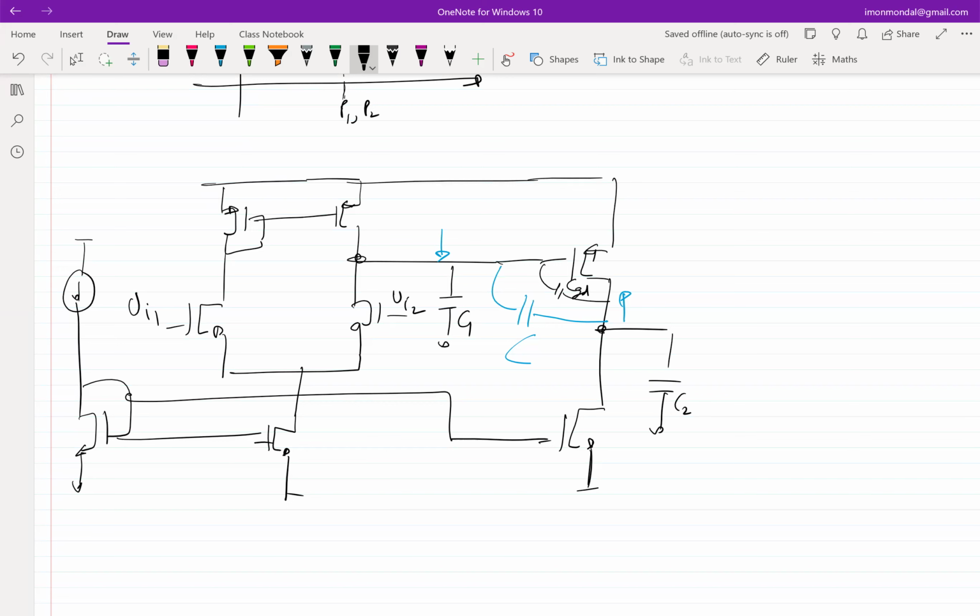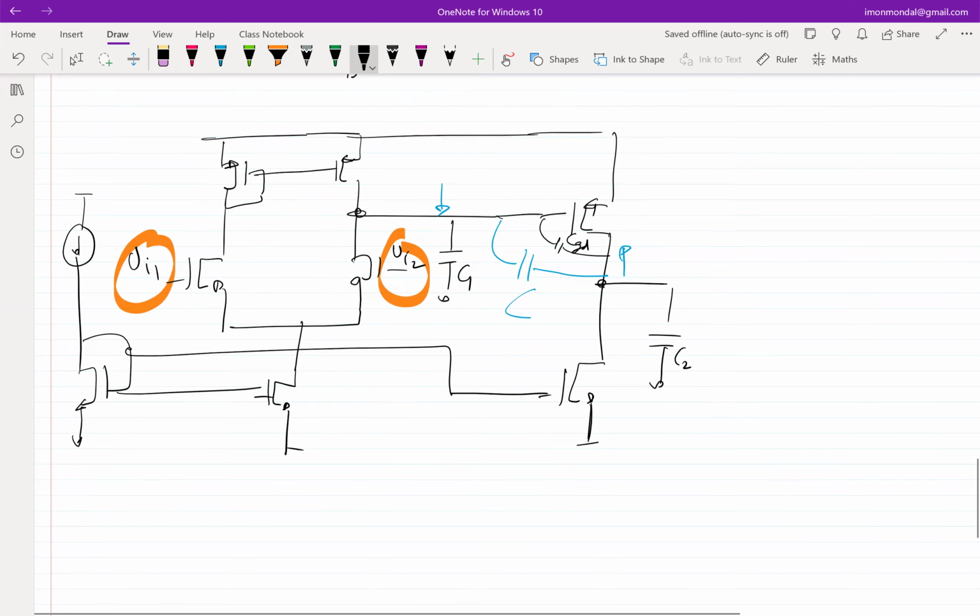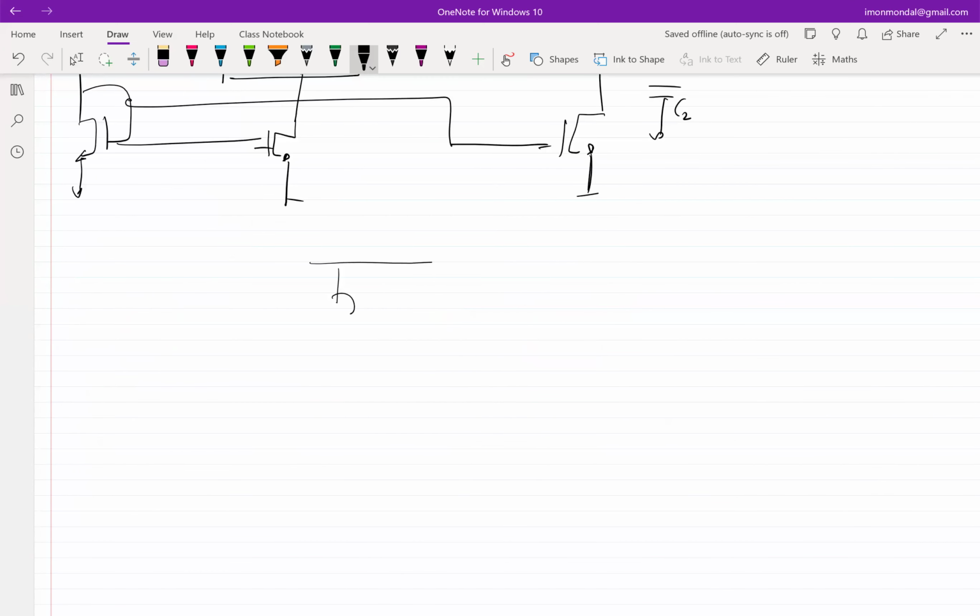Okay. The only stuff that is remaining, which you will be able to appreciate very quickly, is the fact that when things are working in negative feedback, you expect VI1 and VI2 to move up and down in unison, right? Because the difference between the two is the error voltage. And the error voltage is supposed to be close to zero, which essentially means that VI1 and VI2 are going to move up and down at the same rate, very close to each other. So if I do an open loop analysis of this structure,